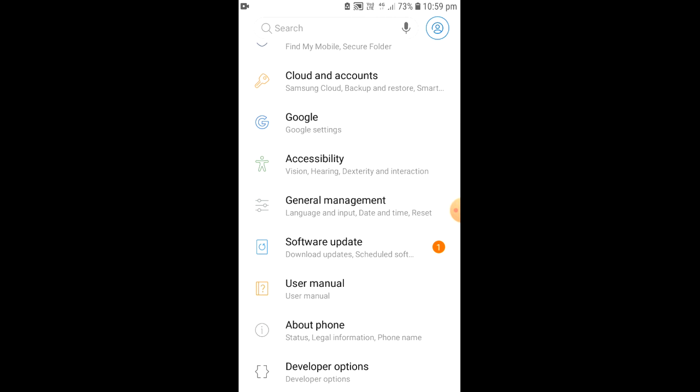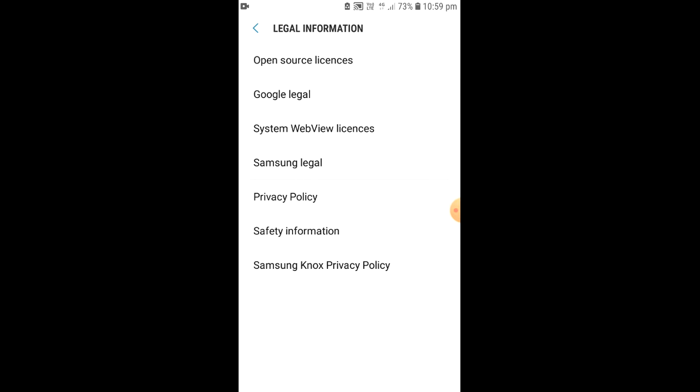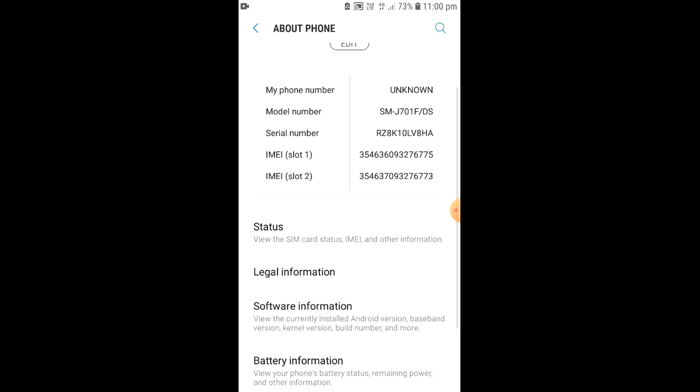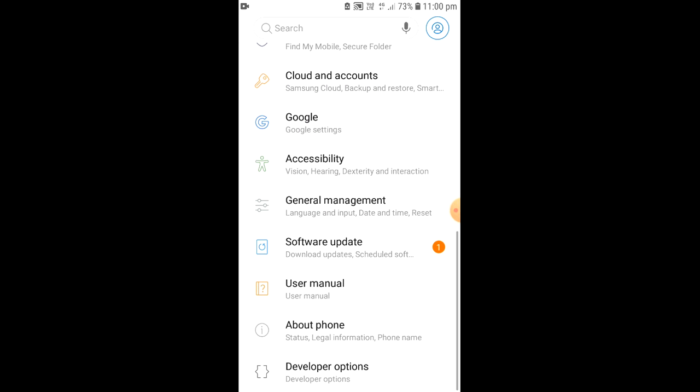Below About phone you can find Developer options, or somewhere within the settings itself. Before that, this option will not be visible.